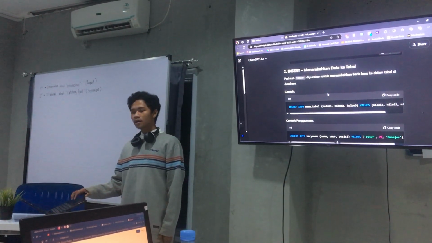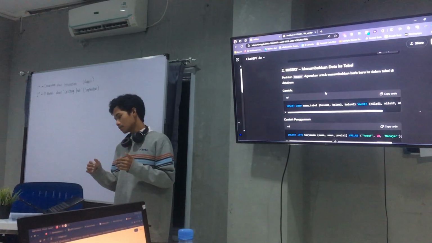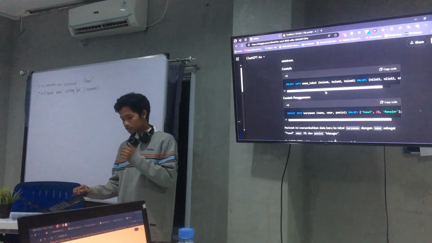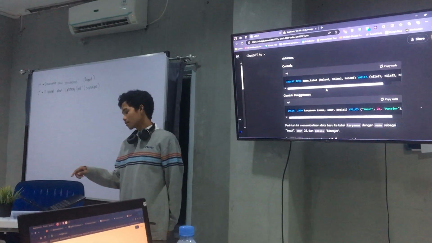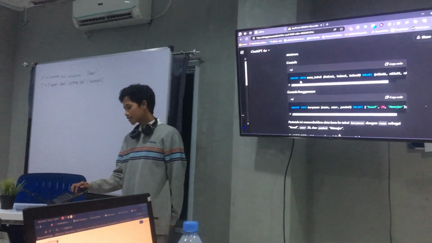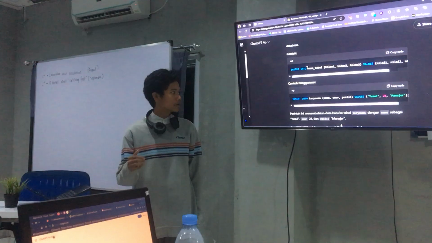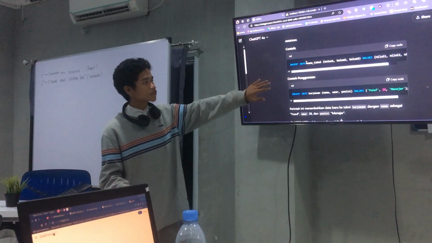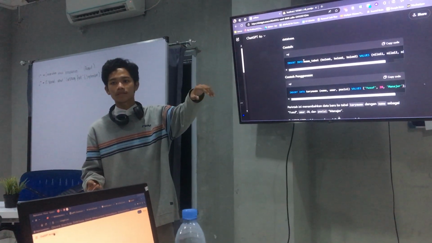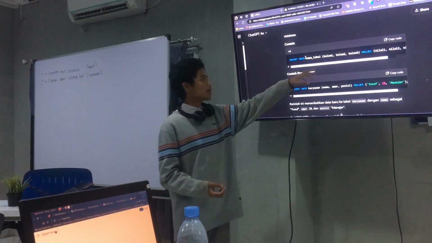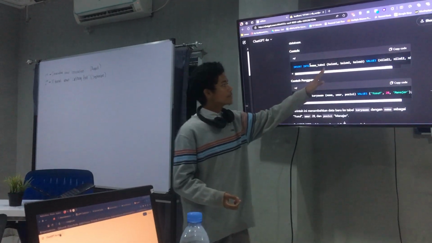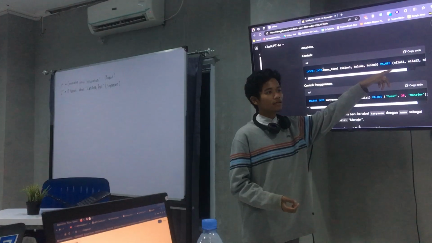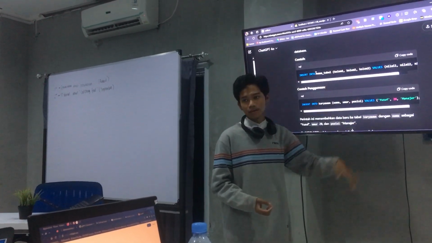The second common operation is insert. Insert is used to add a new column for the new data. For the example, as you can see: insert into table name, then the first column, the second column, the third column, and we need to fill the column with the data that we want. You must fill, mengisi, these columns with the value or the data that you want.